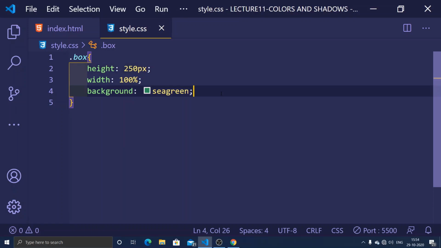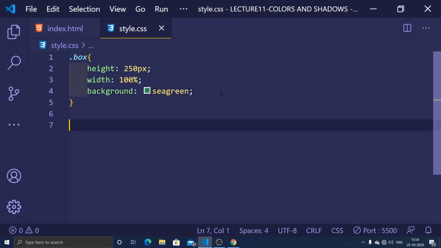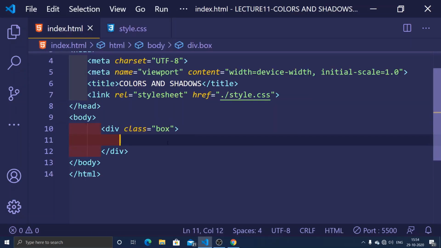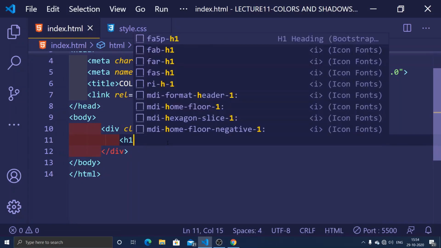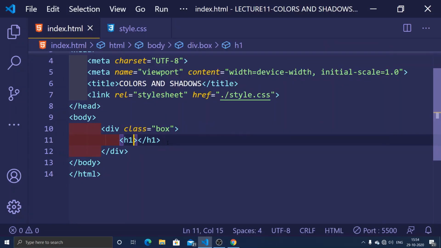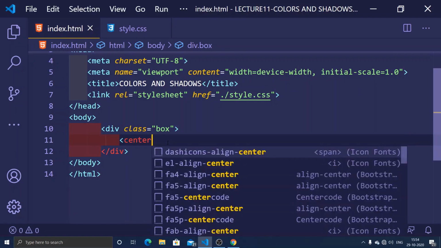And now I'm gonna deal with the shadows over here. So first of all, let me just work with the text shadow. I'm gonna write text inside of it, which is the H1 tag, and I'm going to align this to the center, so I can give it center over here.